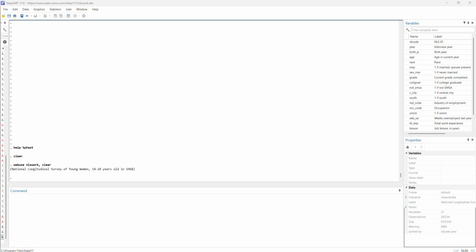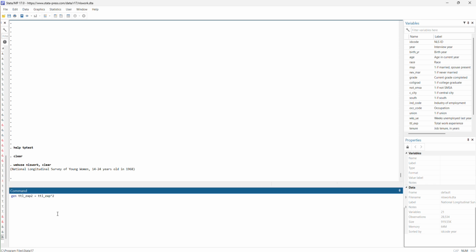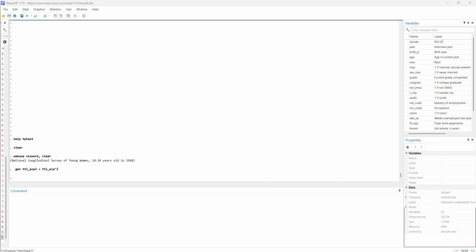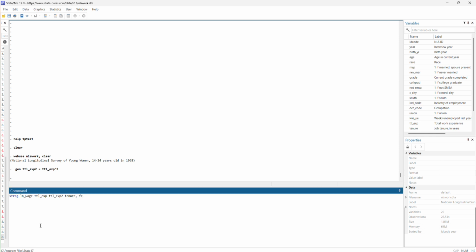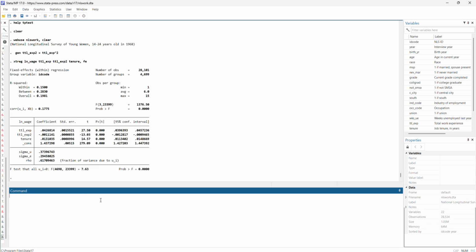This is the square form of total experience. Now the regression function is wage as a function of experience, total experience square, and tenure, and it's a fixed effects model. You can see that it looks significant on both terms,